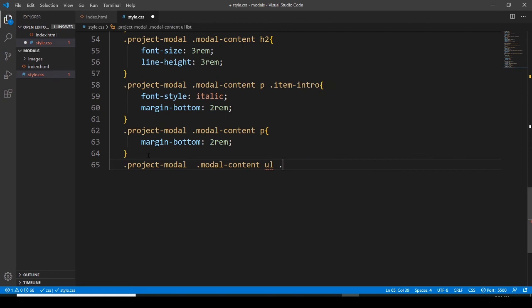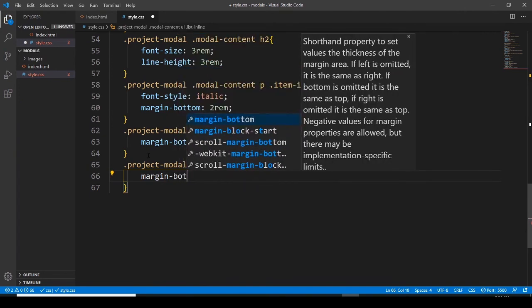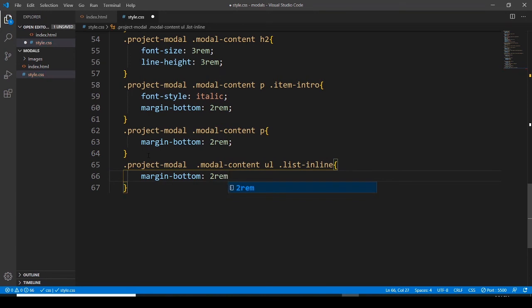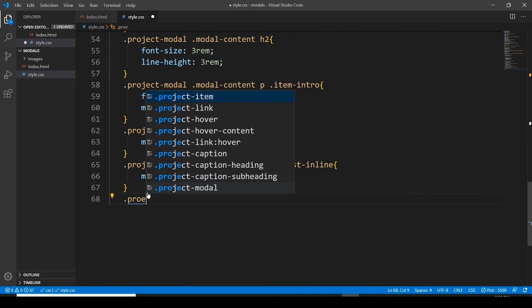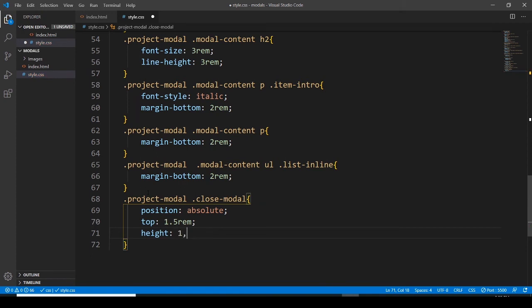So sorry, it's unordered list, inline class, we use this one, list inline class, and here let's say the margin bottom 2 rems, and then let's go with the project model, and then the close model, and position for this would be absolute, and top would be 1.5 rems, height again would be 1.5 rems,